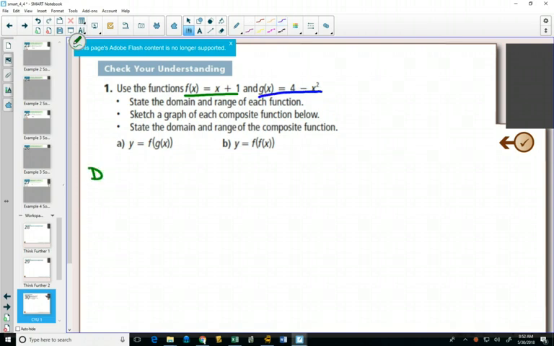So our domain and range of our green function, that's y equals mx plus b. You can draw a quick little sketch of it here. It has a y-intercept of 1 and a positive slope. That would be its graph. G of x,